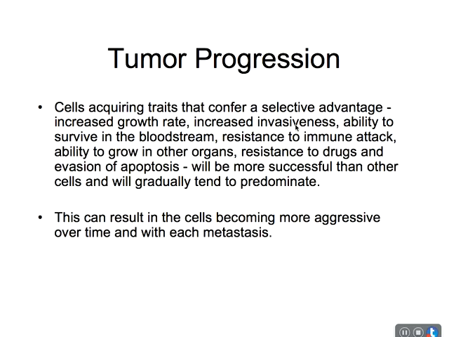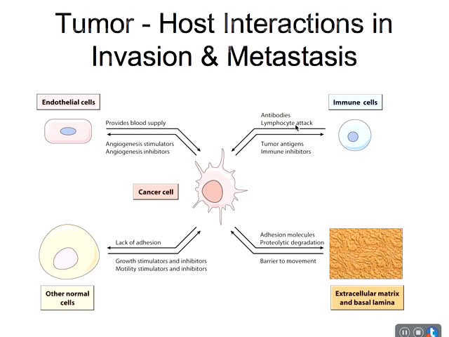So over time and with each metastasis, the cells have reduced their diversity, and they're more and more able to produce new tumors aggressively than the original population was. And that's a function of natural selection. Same thing that happens in other populations of cells. Over time, they adapt, and the whole population will become less heterogeneous. So kind of to wrap up here,